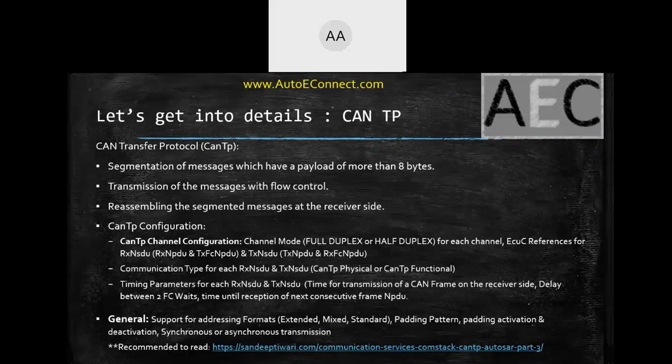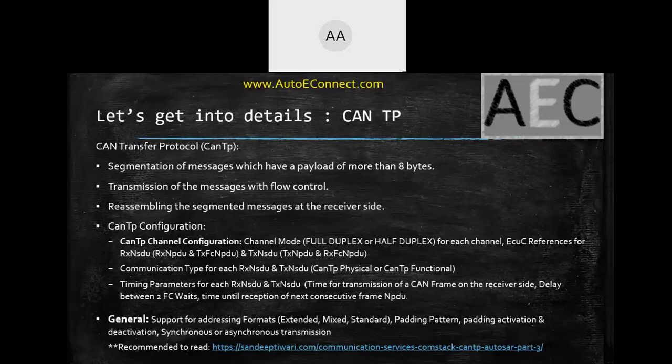Inside any channel configuration, you will have the channel mode. Here the channel mode refers to whether you want the communication to be supported in a full duplex mode or a half duplex mode. You guys know the full duplex mode and half duplex mode, right? In full duplex, communication in both directions is possible. In the case of half duplex, whenever the communication is happening from one side, until it is completed, the other side cannot start the communication.